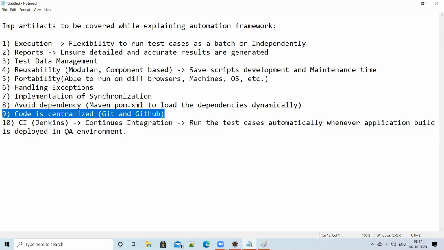So then if some other team member in your team wants to use that script, wants to execute the scripts as part of this current release, how do you manage that? If the scripts are maintained in the GitHub repository, then they can happily get that project, configure it into their machine anytime, and run the scripts. So that's how the code should be maintained in the centralized repository.